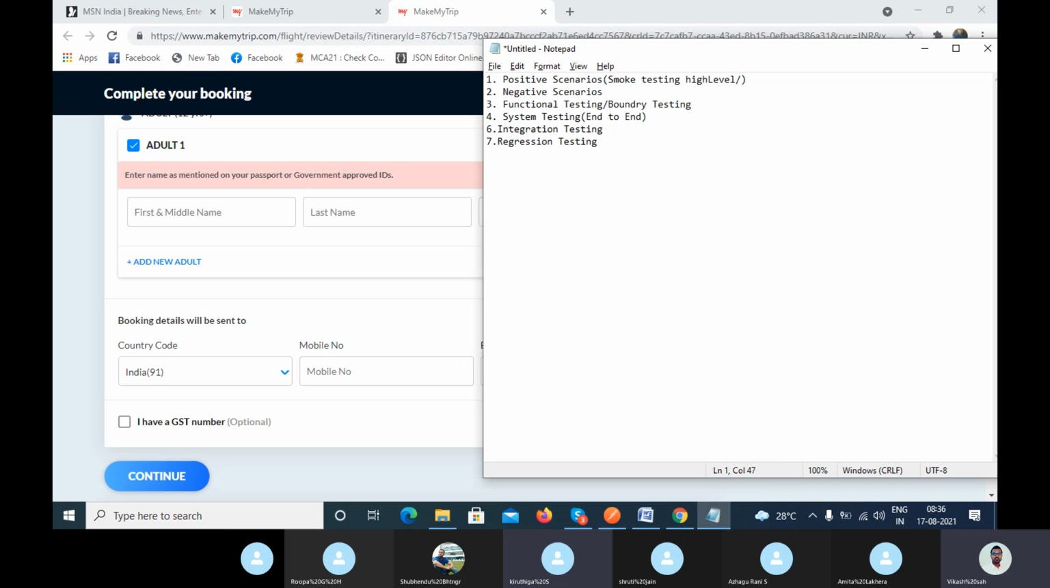I think system testing also comes under positive testing. Integration testing as well, we are applying positive scenarios there too. Okay, so after 2-3 days, when you have done your negative scenarios and